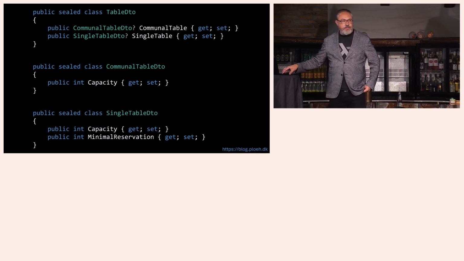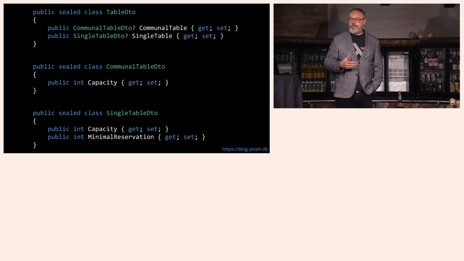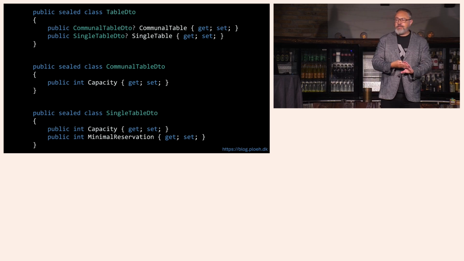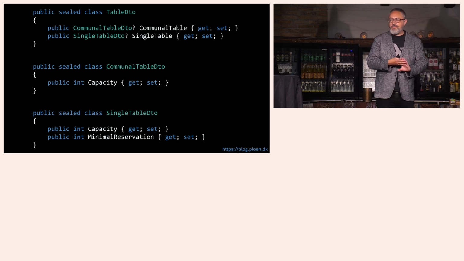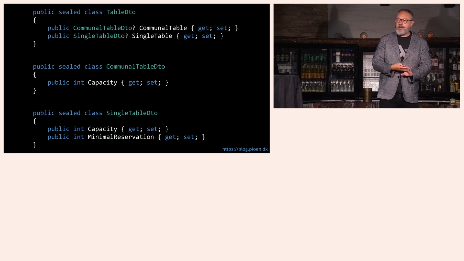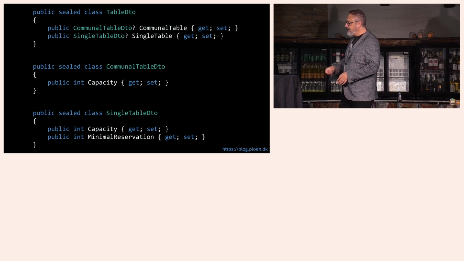So whenever you run into this requirement where someone tells you, well, it's either this subtype or this subtype, there might be more than two, but that's a finite set of subtypes that a thing can be, and it can't be anything else, you should always say to yourself, okay, I need a discriminated union here. And if you are writing in F# or in Haskell or in Scala, it's just a one-liner. But if you're writing in Java or in C# like we have here, you're a little bit out of